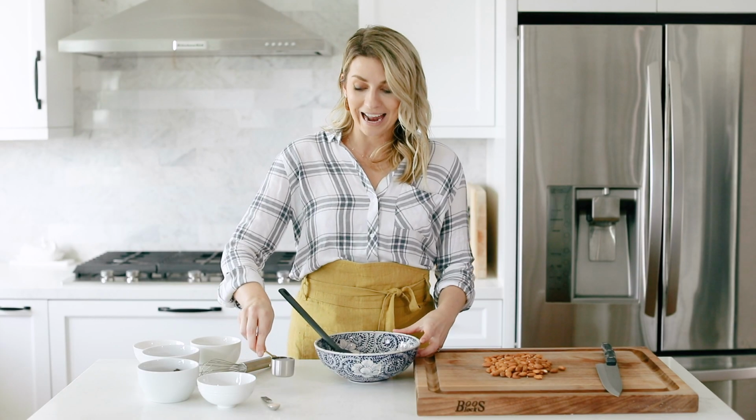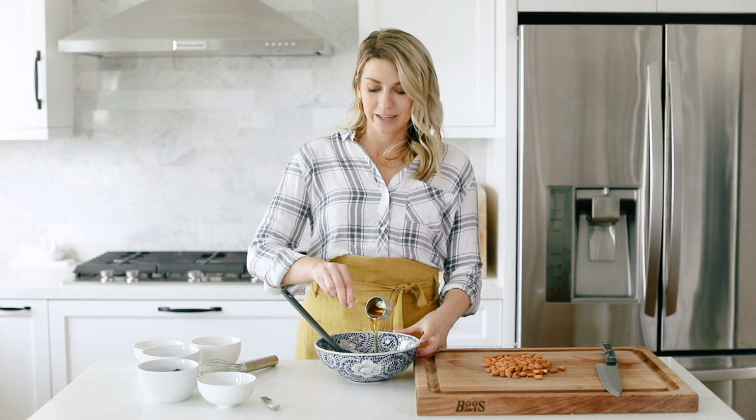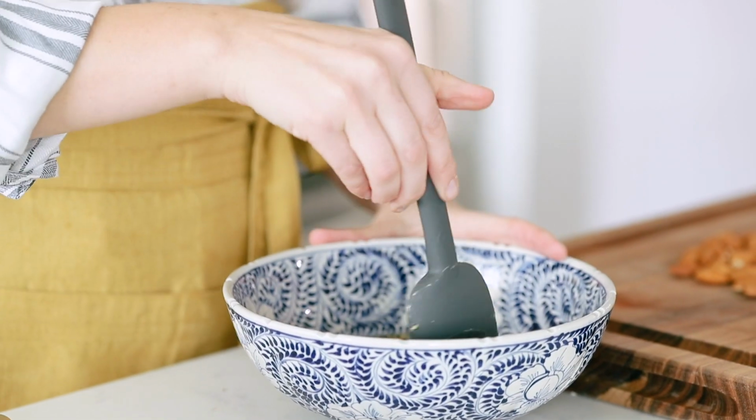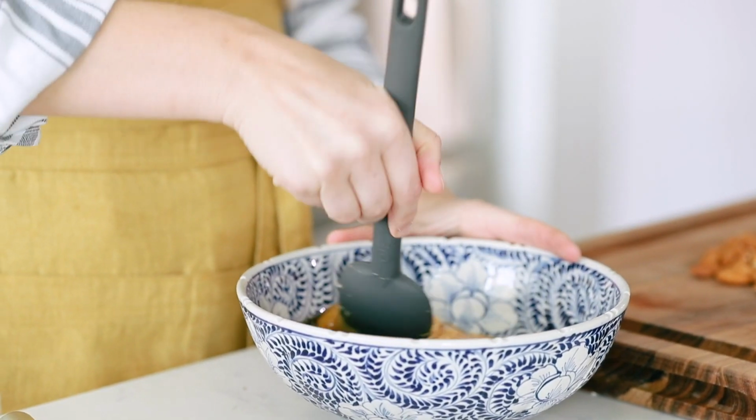And then I'm also adding some agave nectar to sweeten it up. This is just 1/4 cup, and if you want to use honey or maple syrup or coconut nectar, that works too. You just want to use a sticky sweetener to bind everything together. All right, so now I'm just going to combine the wet ingredients. You can whisk it, just fold it together, get everything nice and incorporated, and then we're going to add in